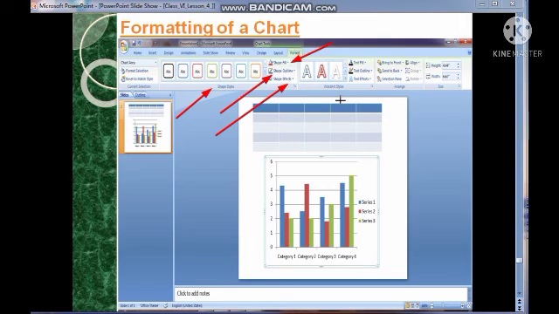But if you want to display any text in a more attractive way, then you can use the word art option. This word art option displays different types of graphical formats, meaning we can write each and every word in a graphical format also. We can use other options too, meaning we can arrange the chart in the front or in the back, as well as set the height and width of the chart, meaning the size of the chart can also be changed. So there are different formatting options we can perform in the chart. I hope you all understood very well.